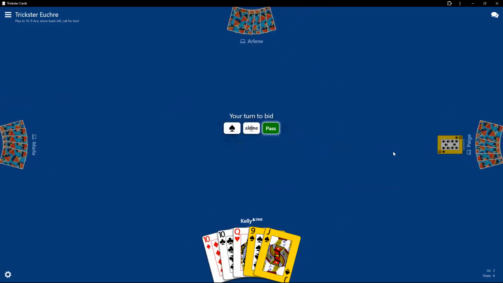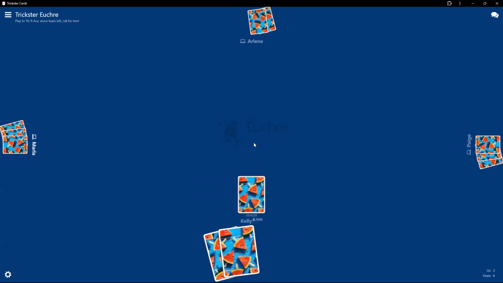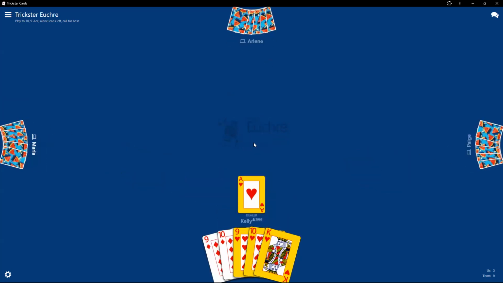See, I'd be tempted to go alone to try to get 1 point for sure to stop them from winning this game. But the chances of getting euchred, I'd say, are pretty good. Now, if I was the dealer and I'm going to get rid of 2 cards, then maybe I would go alone. Well, they passed 2. What a useless hand this is. Oh, nice. My grandmother would say, glad to get rid of that mess.